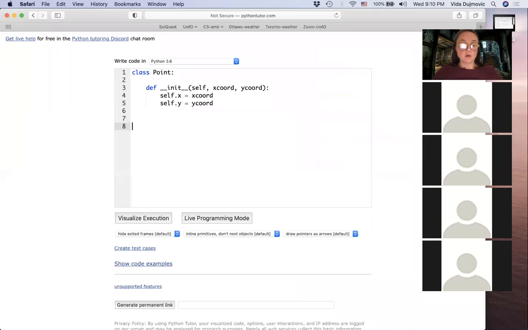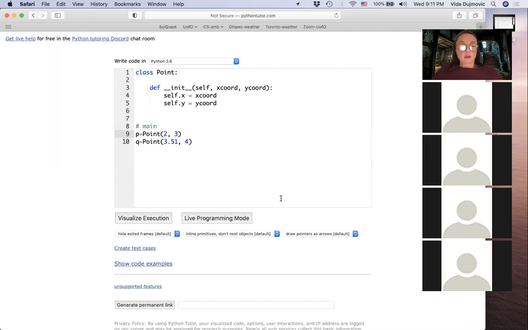Okay, so somewhere here, let's say in the main, I'm going to create a point. In fact, I'm going to create two points, just so it's clear how this works. So let's say this point is 3.5, 1.4. Okay, let's visualize the execution and see exactly what's happening when we are calling this